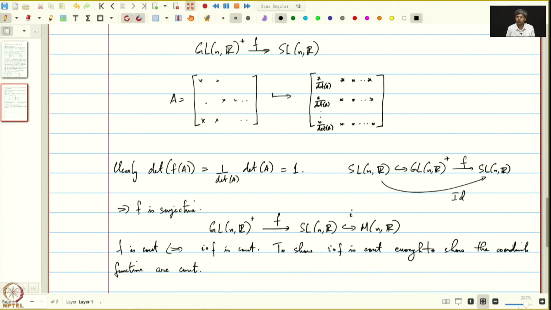Yeah, but what are the coordinate functions? So if we start with A, then the coordinate functions of i composed with F of A